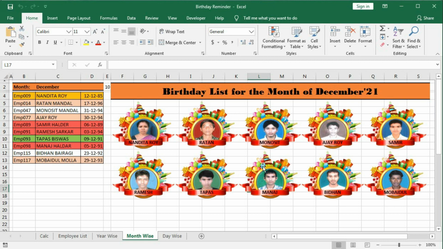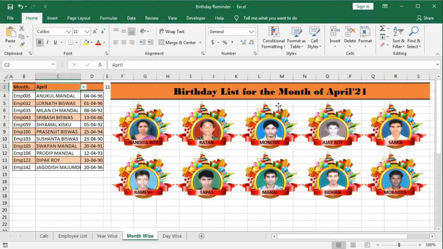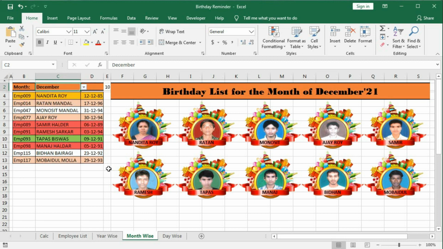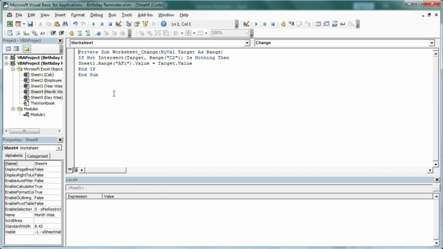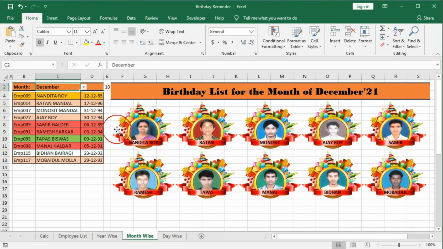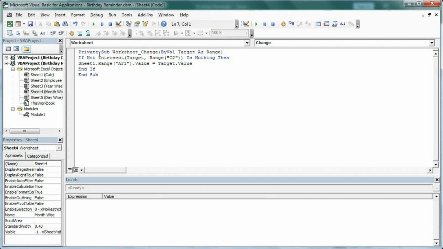Now what we have to do is, when we select this, suppose we select April, then this will be changed. So for that we have to right click on this sheet and press view code, and here for selection change, for change, because the value will be changed here, so that's why we will do here the change. So enter here,